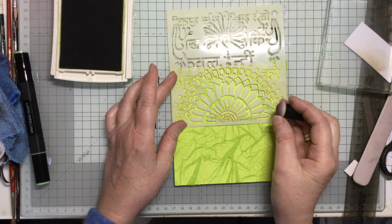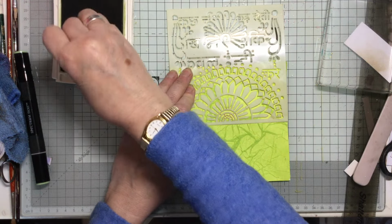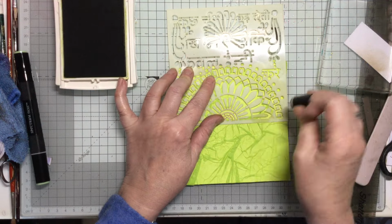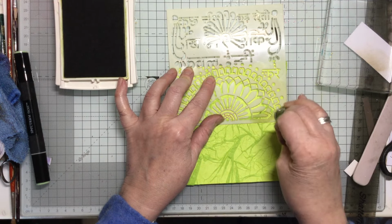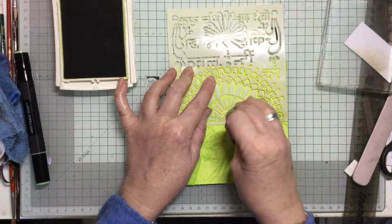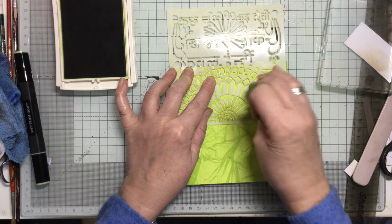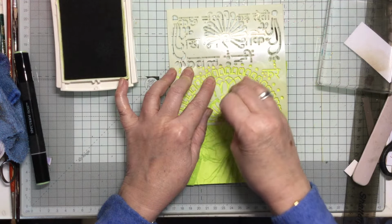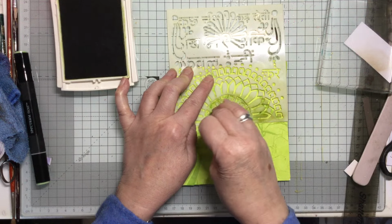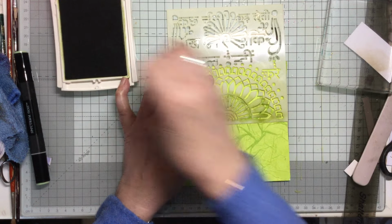Now I'm just going to hold this down. And I'm going to do it so that this little circle is just at the top, because I think that will work okay. So let me just, now I'm hoping I've got some, yes I have, I can see it coming through now. So what I'm wanting to do is just go through here, and because it's tissue paper underneath, I'm not sure how it's going to come out. I think it's going to be nice texture,